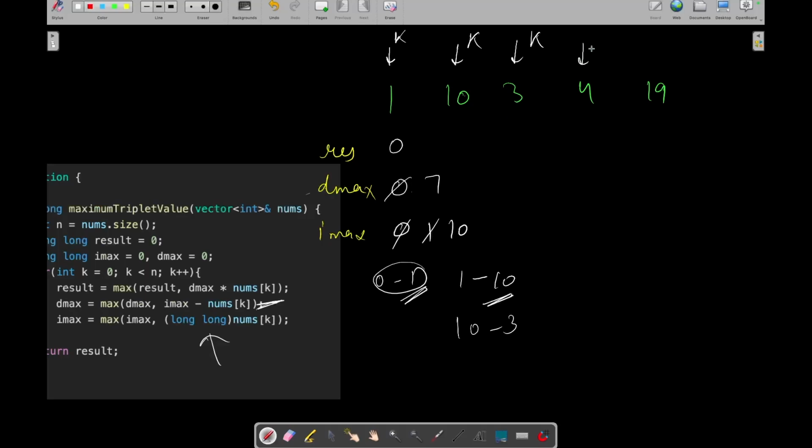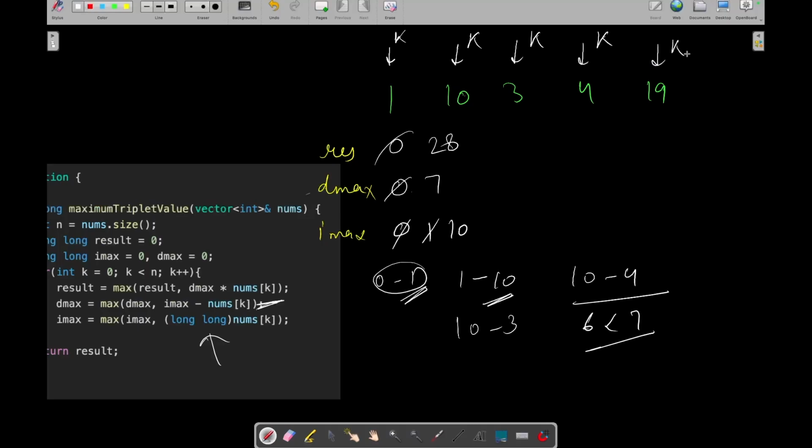Okay, in the next iteration k is pointing to this location, so let's update our result with 7 multiplied by 4, which is 28. Now let's update our dmax and imax. Dmax is 10 minus 4, which is 6, which is less than 7, so we will not update it. Imax is maximum of 10 comma 4, which is 10.